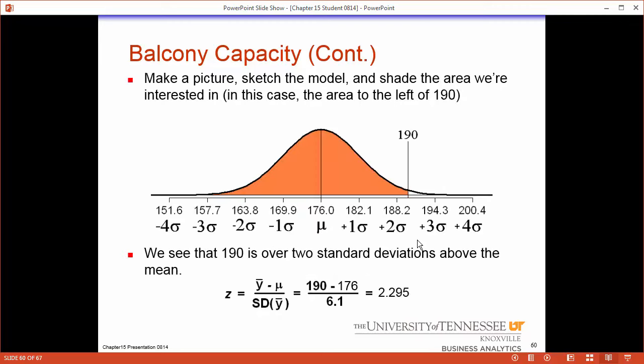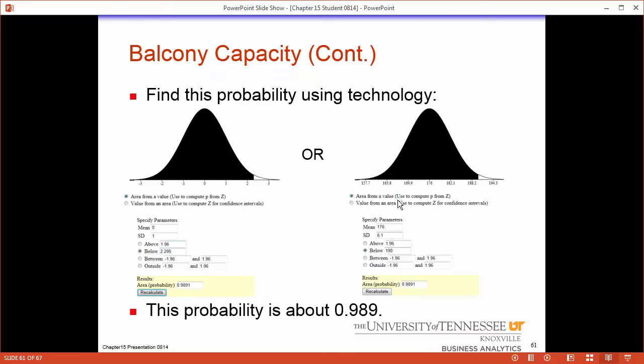And with this in mind, if you're building a balcony and there's a 1.1% chance it's going to fail, you might say, well, that's an outlier, Brian. That's above 2 standard deviations. Yeah, it would be odd if it failed, but it could happen. And so sometimes we got to think in the practical world that this could happen given the wrong combination of people. And then you got to think also, if the balcony says capacity 100, weddings and stuff, people don't like to pay attention to that. So this could be a problem.